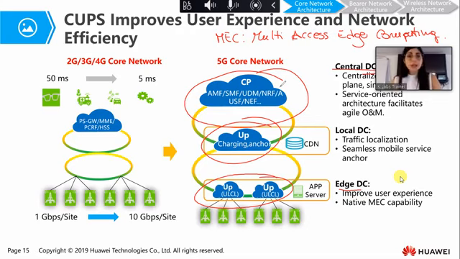So we have a centralized signaling plane which simplifies operation and maintenance. We can have a local data center for traffic localization, and we can have an edge data center to improve the user experience and to reduce the latency to as low as 1 millisecond on the user plane. And we have the native MEC capability, that is to move application, user plane, and computational capabilities closer to the access network.